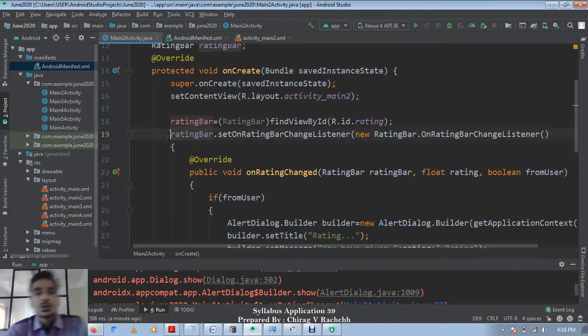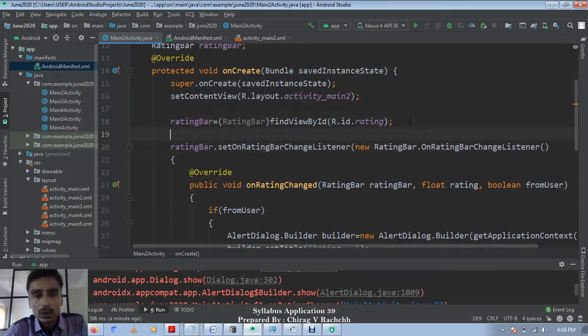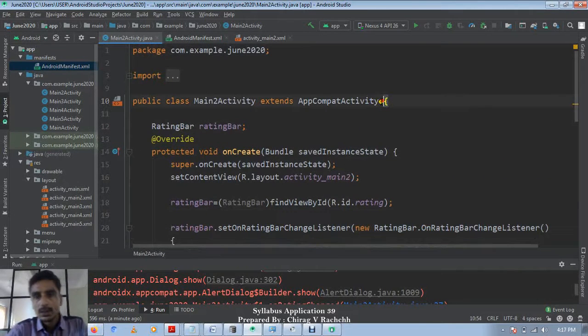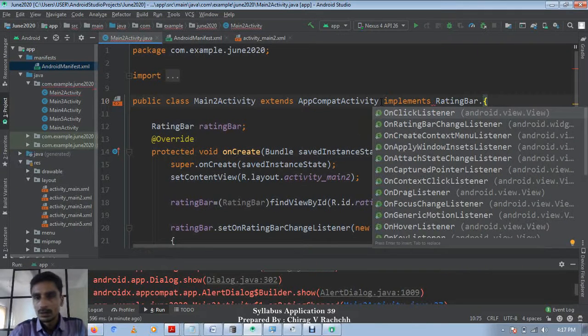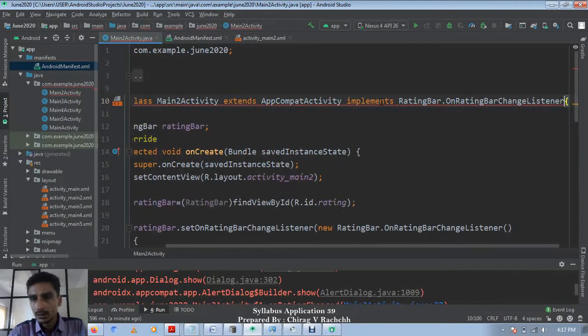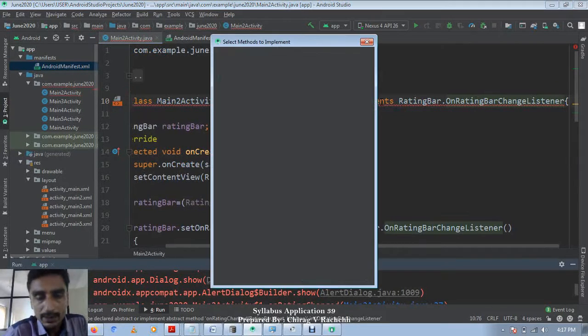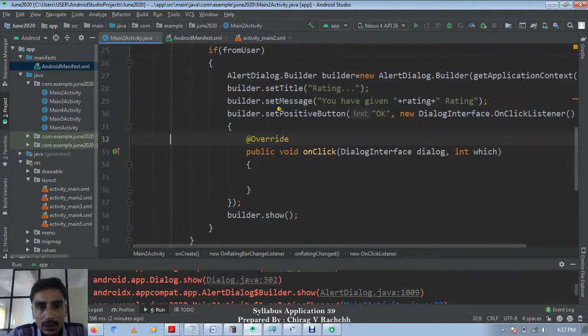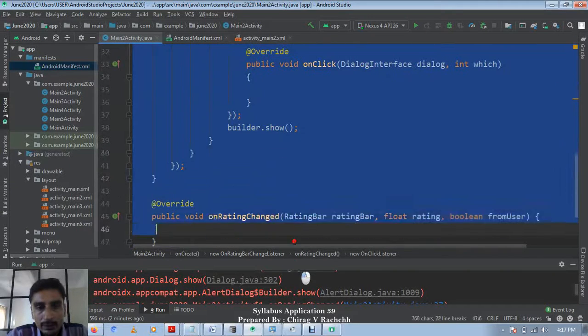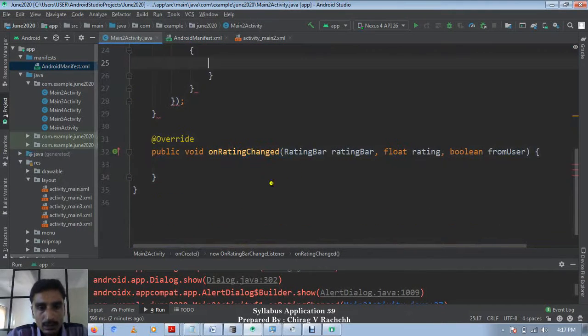Okay, so as I told you, let's implement OnRatingBarChangeListener, and we will override the method of this rating bar, and all this will be put inside this method.